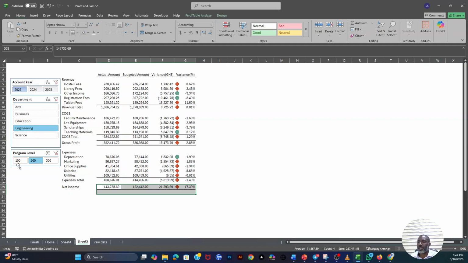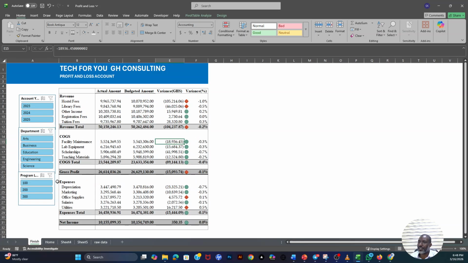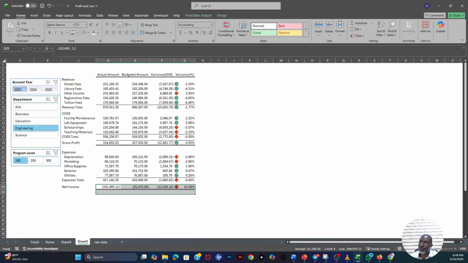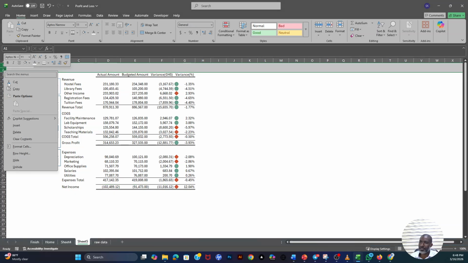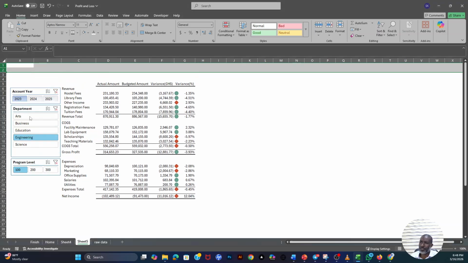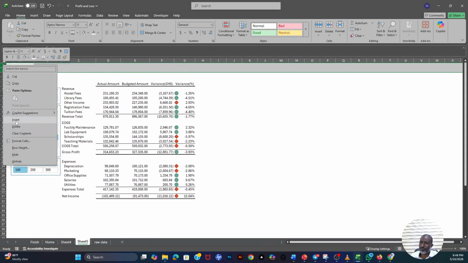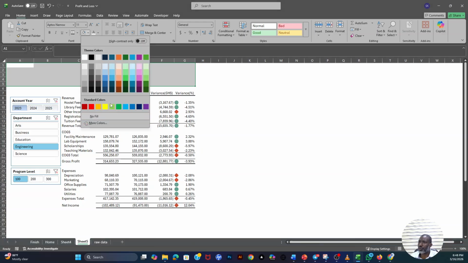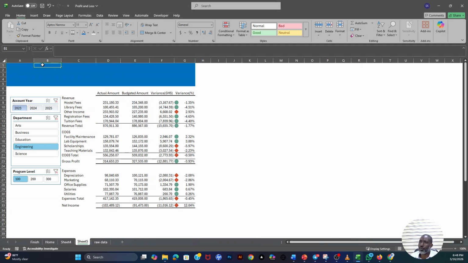So this is how interactive we can use the pivot table to build a profit and loss account from the data that we have. So when you look at it, it looks the same as what we created. The only thing is that we have to come here, and if it's a report, we can right click, insert other sheets with it, and then we can also create, select all displays, and maybe go to font, shade it the way you want to shade it, give it any color, type your company name,